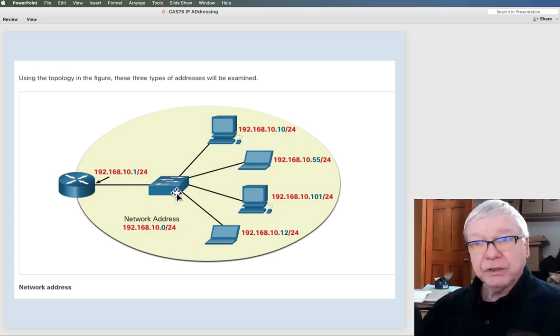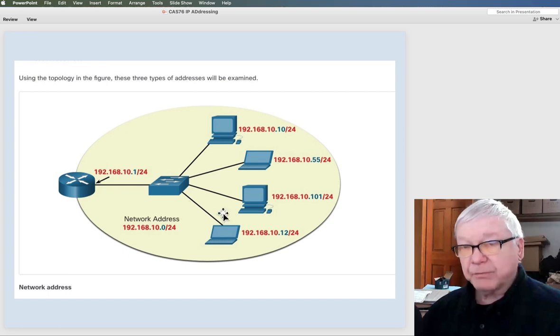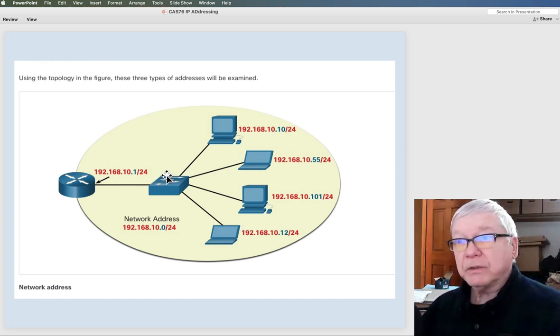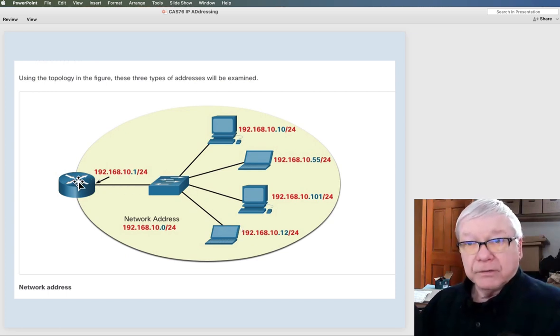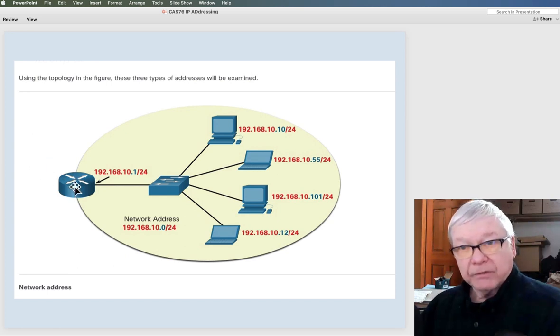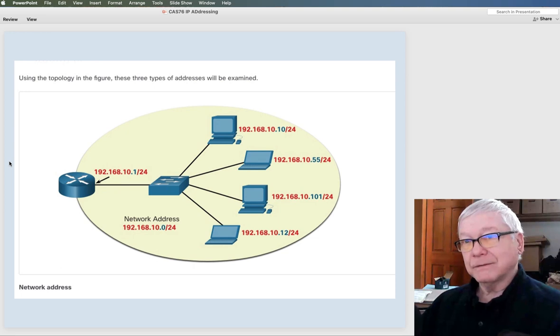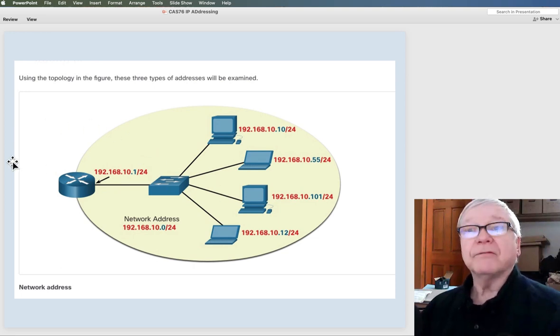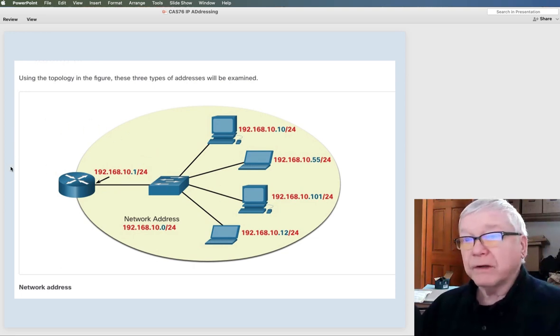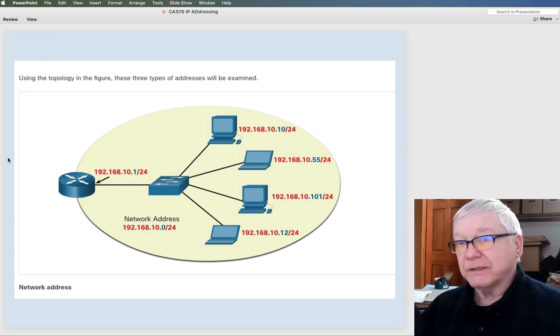The switch in the middle just forwards those packets based on, what, layer 2. And then the router is going to have an interface that connects to a different network so that we can get off of this local area network and onto something else like the internet.